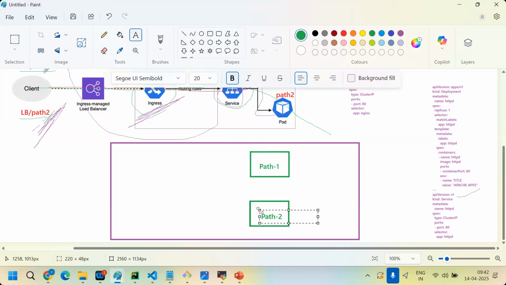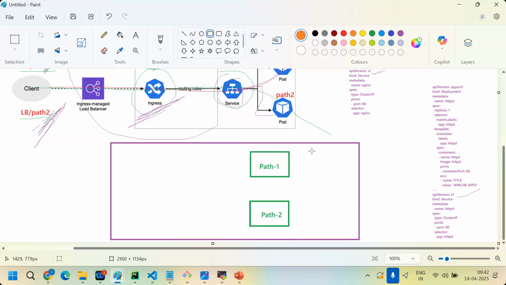The path1 service sends requests to the path1 pod only, right?